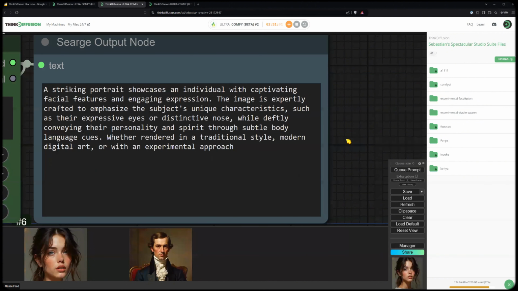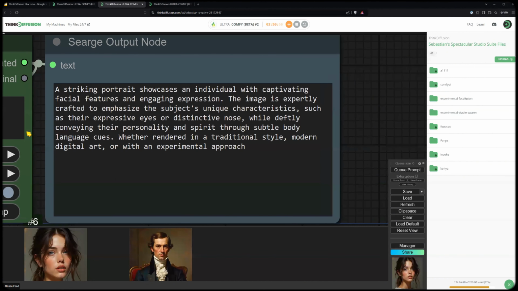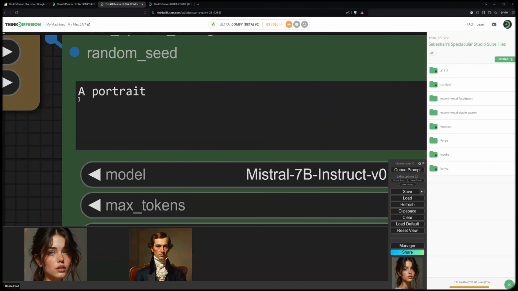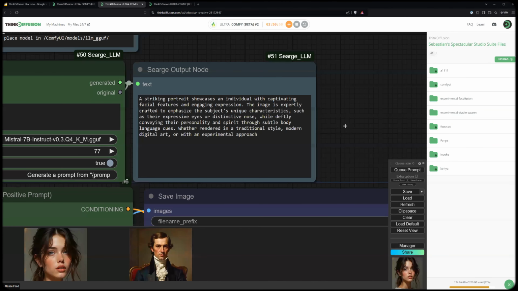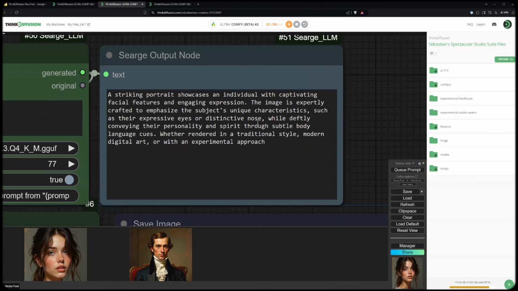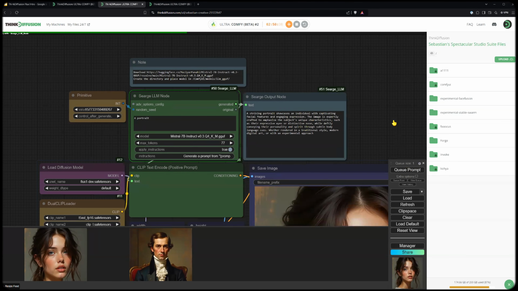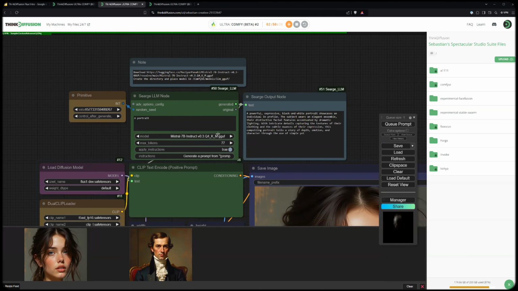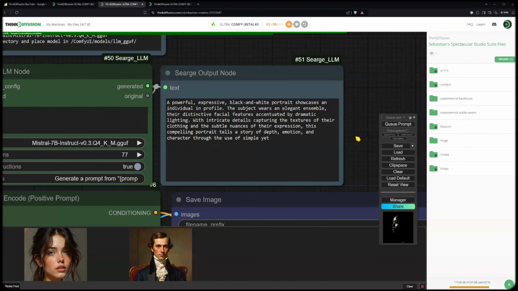So with very few words, in this case just two, and one of them is "a", so practically one word, you get all of these exquisitely crafted prompts, which I think is very, very powerful. And if you queue this up, you're just going to get a new portrait. And this is also randomized every time, which I think is very cool.